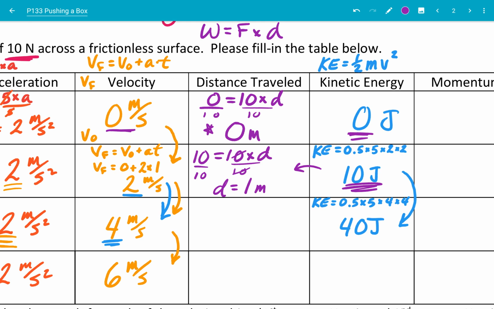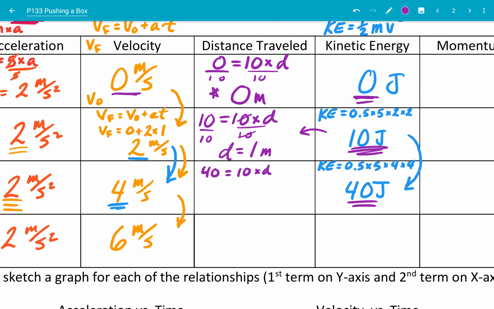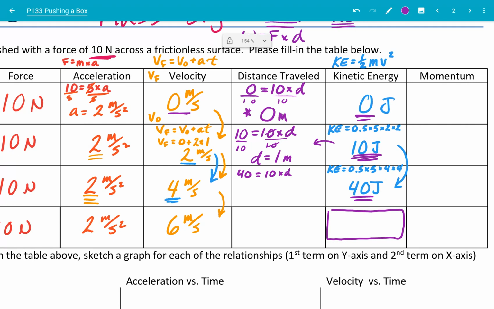So after 1 second of pushing, the box is going 2 meters per second and has traveled a distance of 1 meter. Okay, for the next one, we'll be using 40 instead, still using 10 for our force and our unknown distance. And solve for D, and then do the same thing for the one below that. But first, again, we're going to want to calculate that kinetic energy. Okay. The last column is for momentum,